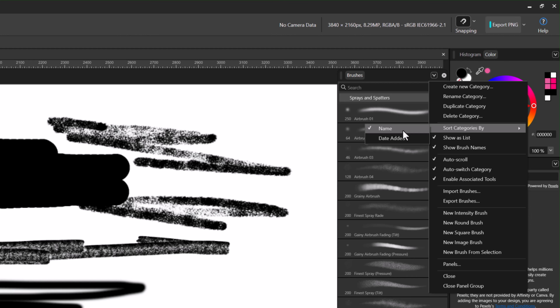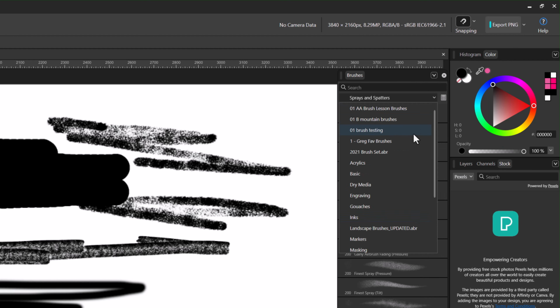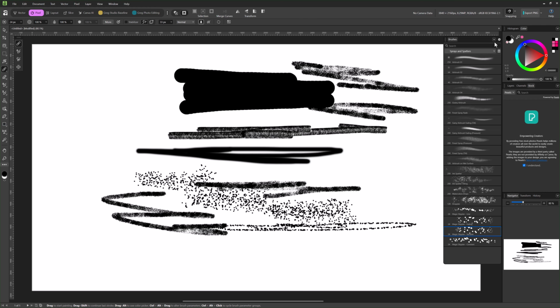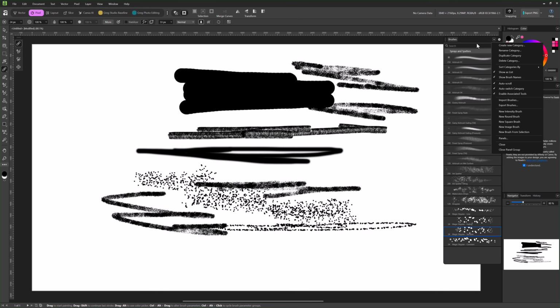Well, I like to sort by name, and if we take a look at my brushes again, we can see that these categories are in alphabetical order, and then also take note, if you start something with a number, that's going to appear even before your letters. So just knowing that things are in alphabetical order, you can very easily control which brushes appear at the top of your menu. You can rename things so they get bumped to the top or repositioned. So that really gives you an easy way to organize your brushes. There are some other options in this brush panel menu which we'll come back to, but for now